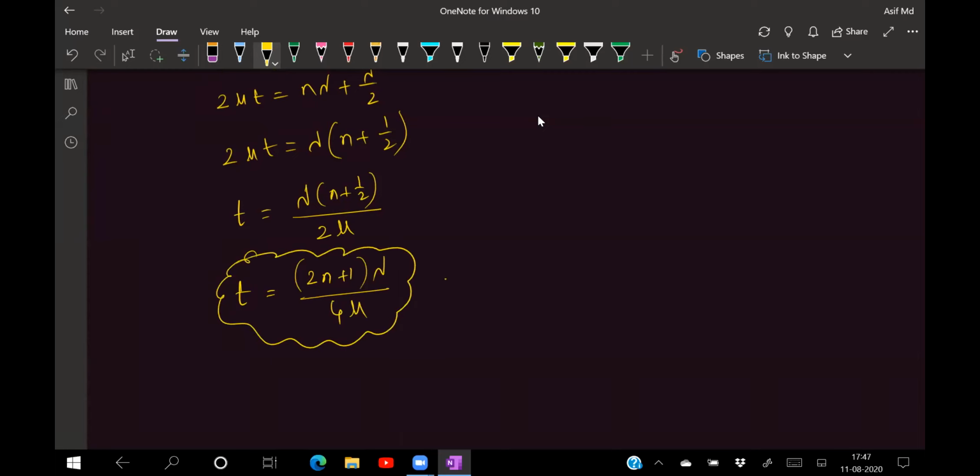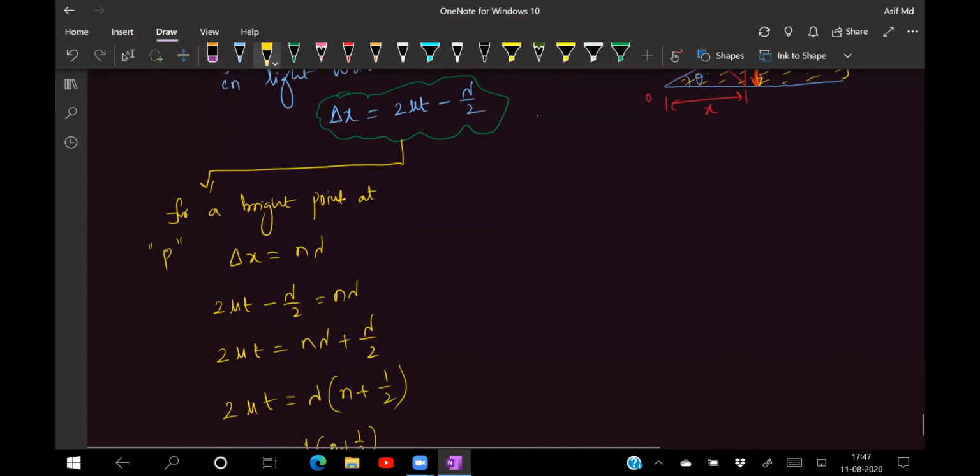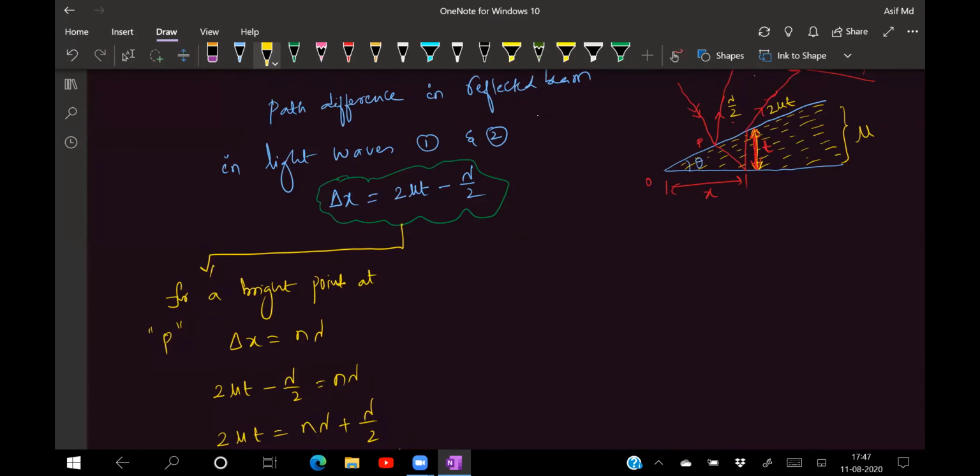And n value will be equal to how much, beta? n is equal to 0, 1, 2, 3, go on up to the given condition. So this is the thickness of the thin film, whatever we have taken right now. If you see the figure very carefully for the given condition, from the figure I can write